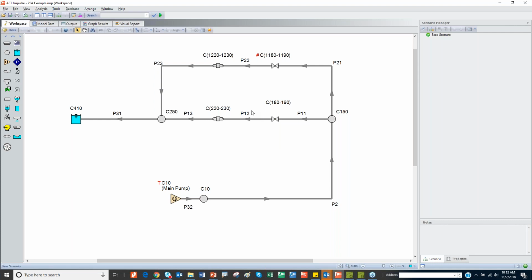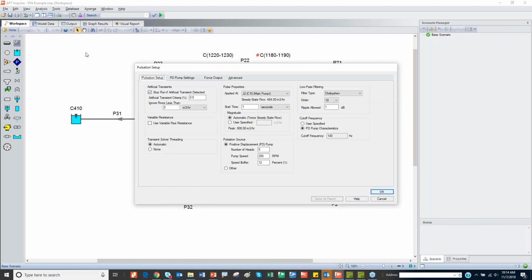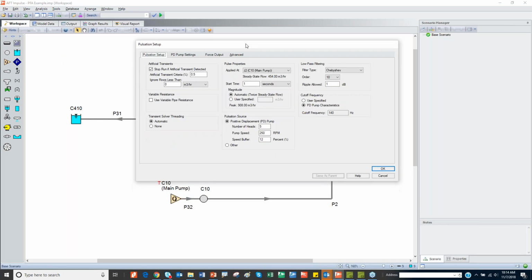So the first step you have to do is, in the analysis, you go to pulsation setup, and what PFA does is it hits the pipe internally with a high change to see the acoustical natural frequency of the whole system. So first you tell it where you're going to apply it, which is junction 2, where the compressor is located. Then you put the properties